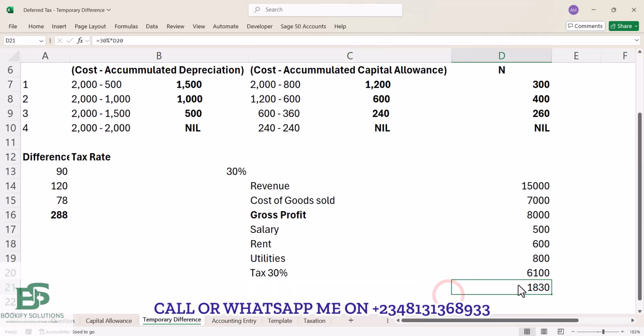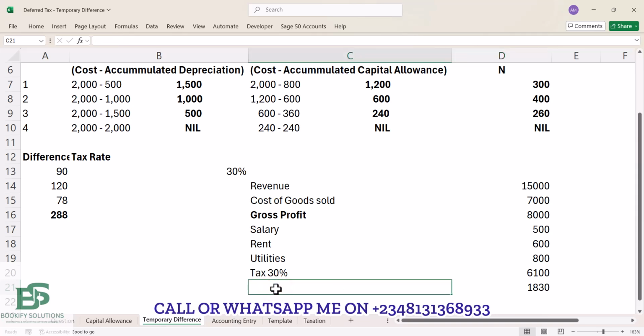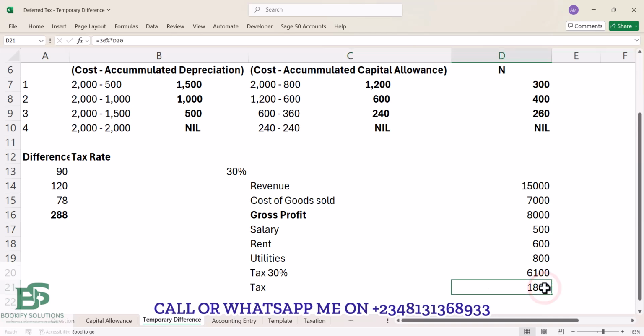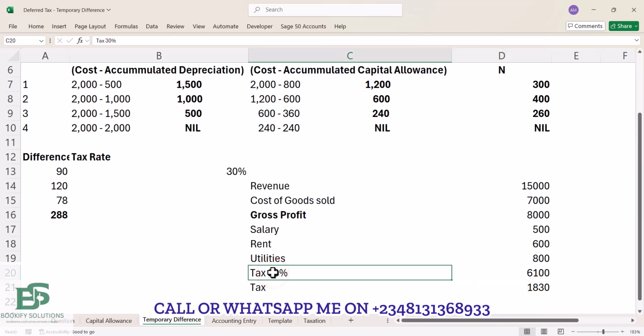So I'll just drag this one to this side. There. I can't call them profit before, that is after tax. Now the tax will be this. We haven't calculated the tax value yet. So you see, our tax value now, this one particularly, will be profit